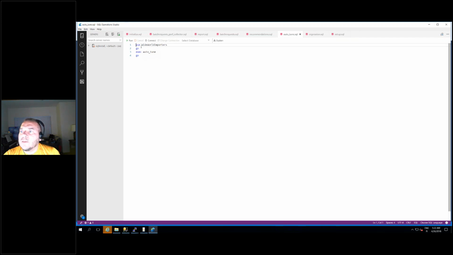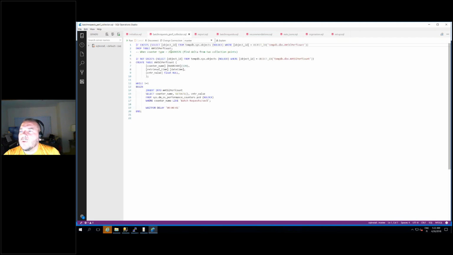So what I have here is a database called WideWorldImporters. It's running on my SQL Server instance on Red Hat. And I'm going to start this script first. I'm going to collect performance data from sys.dm_os_performance_counters, so from this view. And I'm interested in the counter called batch requests per second. So this one will give us how many batch requests we are doing.